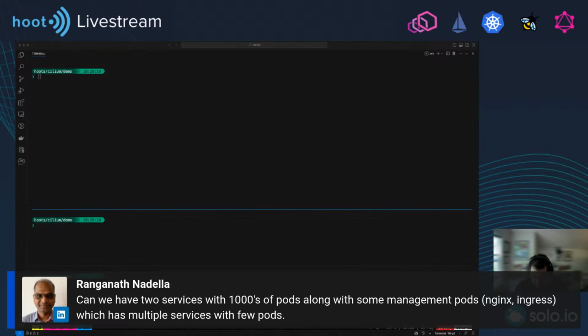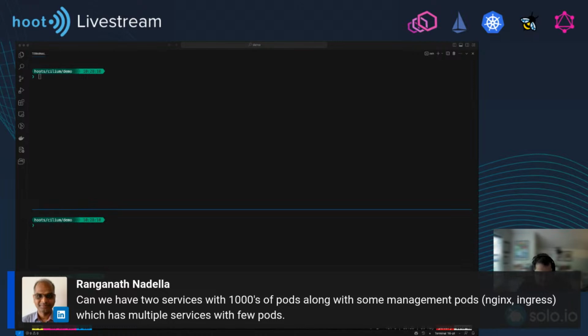So another question: can we have two services with thousands of pods along with some management pod, which is multiple services with few pods? Yeah, I mean, you can have as many as whatever the limitations are. I don't remember what the actual hard limitations are, right?